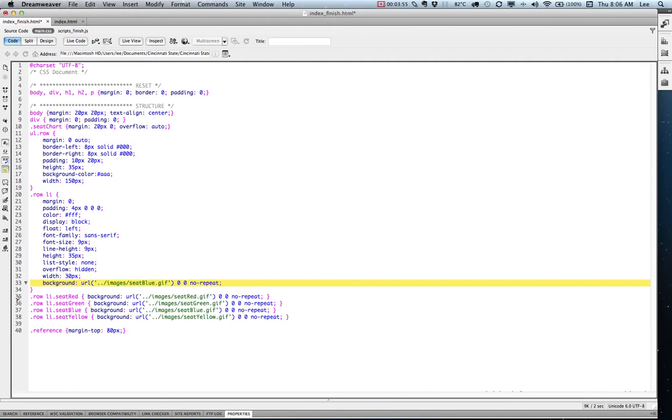We've also defined some classes of red seat and green seat and blue seat and yellow seat down here at the bottom, so we can swap out our classes with JavaScript and basically swap out the background images. Notice that we've just linked them in. The source code is just a bunch of GIFs that are colored. And I've got a last style down there for the references I gave you in case you want to do a little bit of research. So let's get